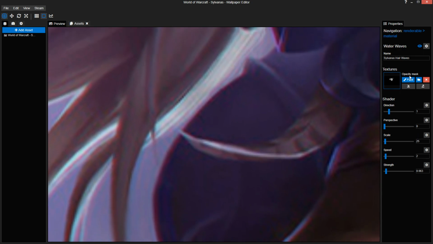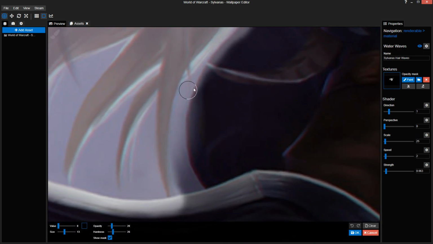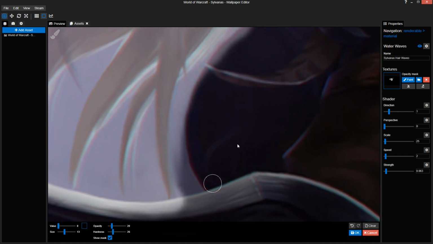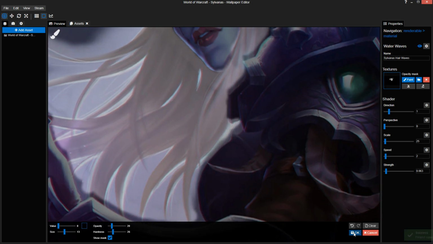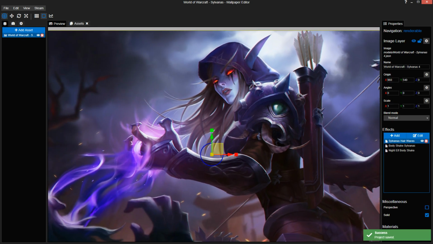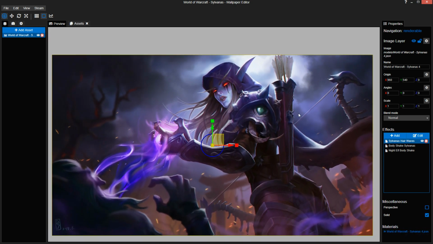Alright, so small thing, I've got just a little bit too much overlap here. I'm gonna remove that, so that much isn't needed. Alright, looking much better, isn't it? Right, so is the speed accurate? I'd say the speed is about right. So we're going to leave this as it is.